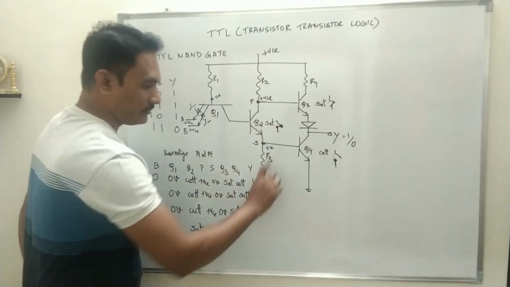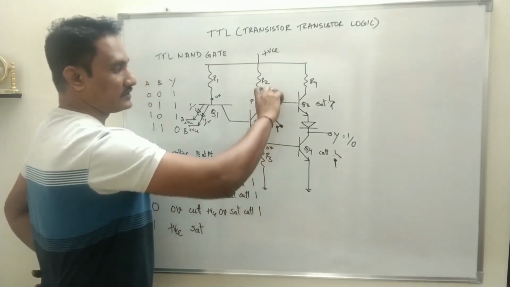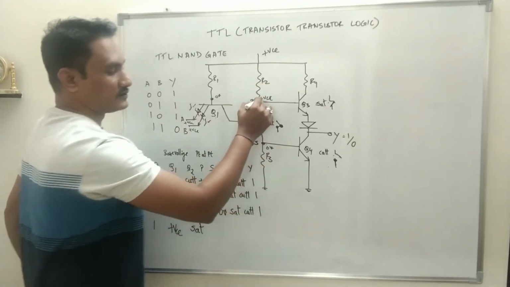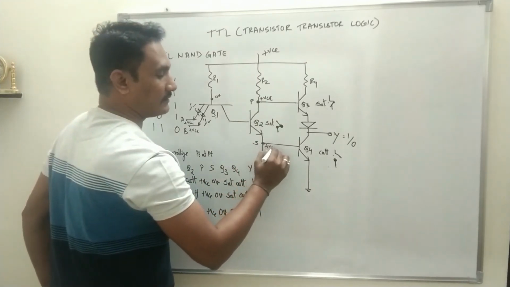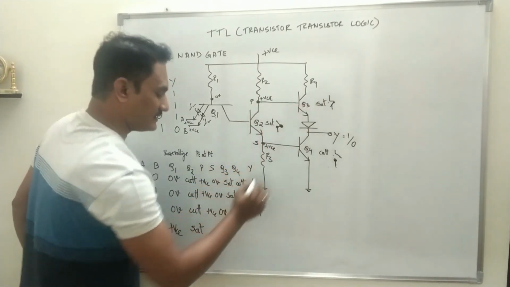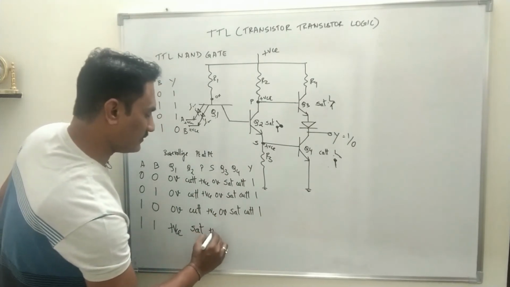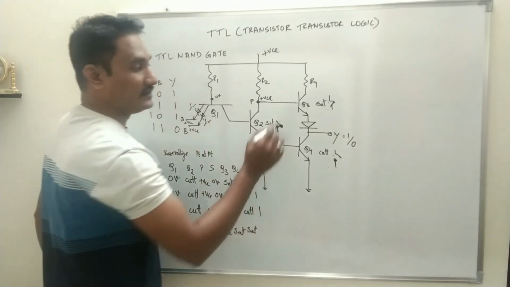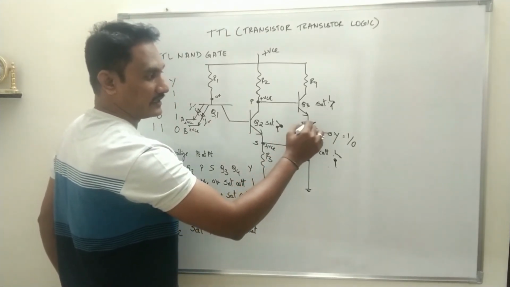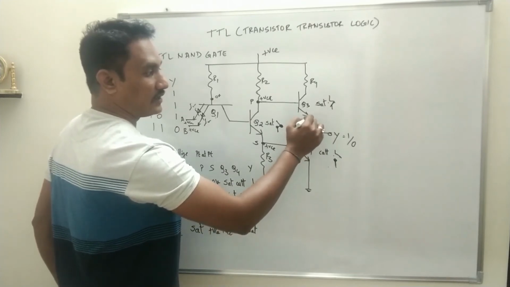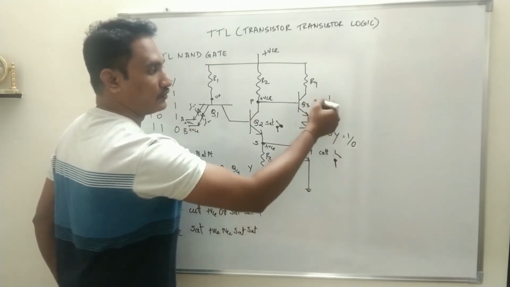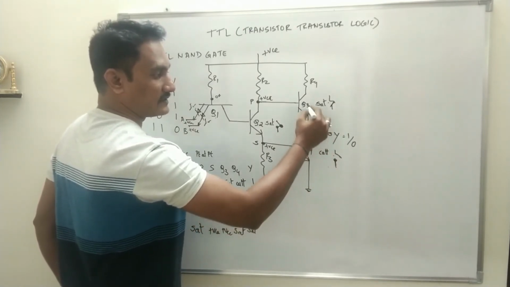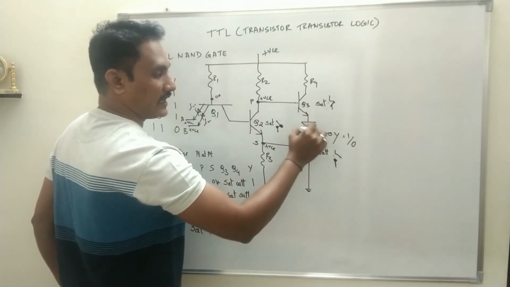A potential will be developed, and the same potential will be there across point P also. So both P and S are at plus VCC. So both the transistors go into saturation region. For this point the diode is connected. So the diode does not allow the circuit to get short circuited as both the transistors are in saturation region. The diode will be reverse bias at this point because the same polarity prevails at both the ends.